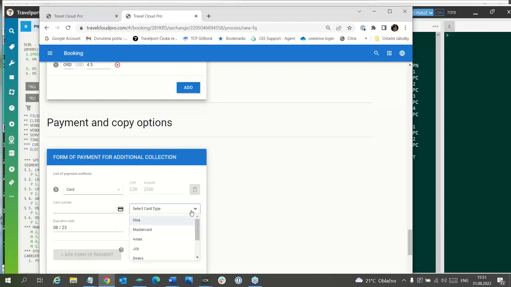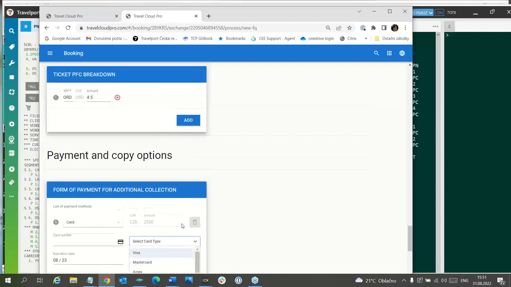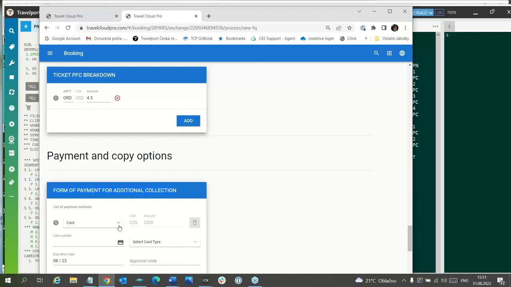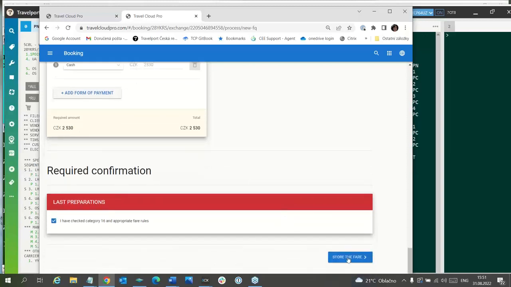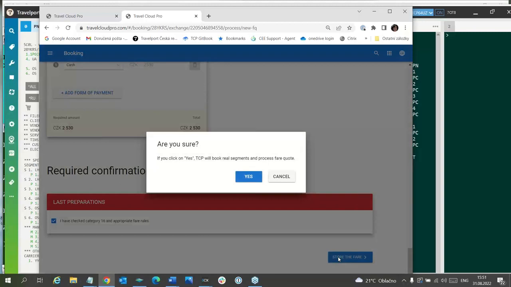Here you can select a different card type. So that's it. I will leave it as cash. So we are at the end. I cannot continue anymore. I will show you only what happens when I request store the file. So the TCP will ask me, do you want to continue?